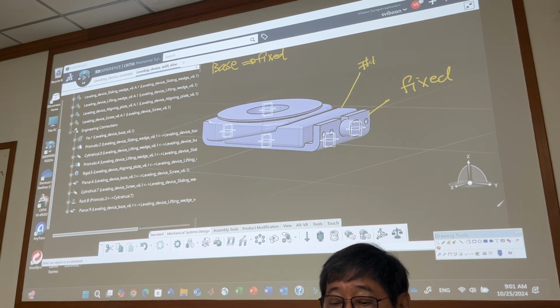Sliding wedge. I put number one, let's say. Number one and base has to be a prismatic joint or sliding joint. This one and this one. This is number two, let's say. Lifting wedge, number two. Lifting wedge number two and base